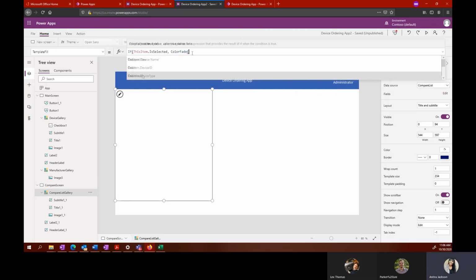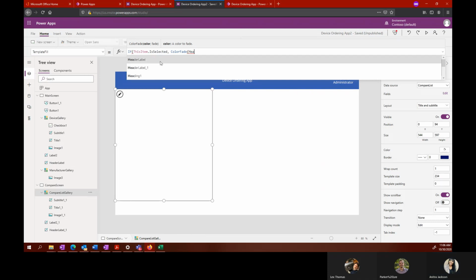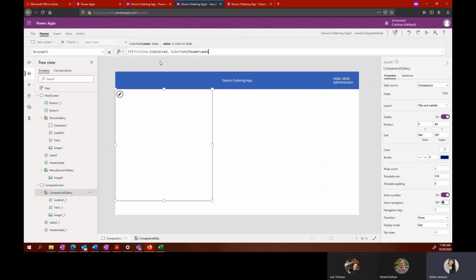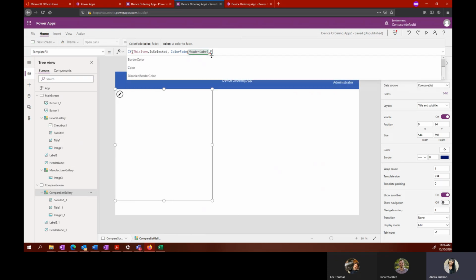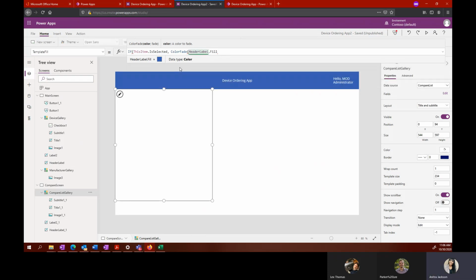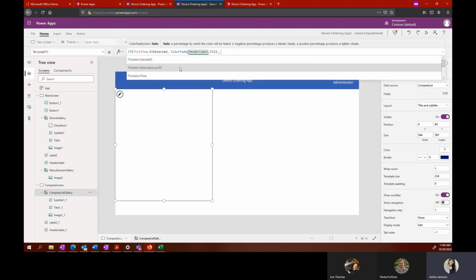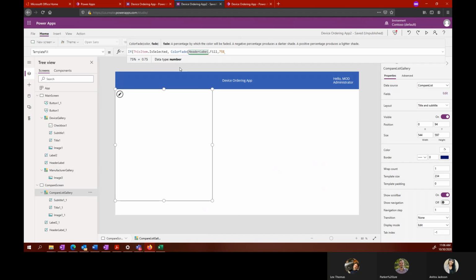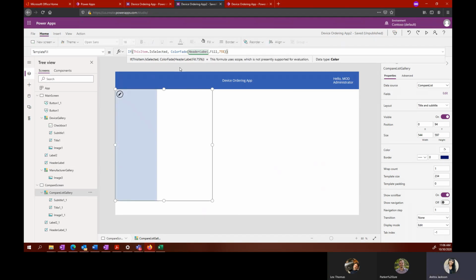Do our color fade again, and then we're going to do our header label. There we go. And we're going to do our dot fill. And then we do the 75% again. And then go ahead and close out your parentheses. Perfect. And now you see, if it is selected, now we'll have some different colors here for our selected